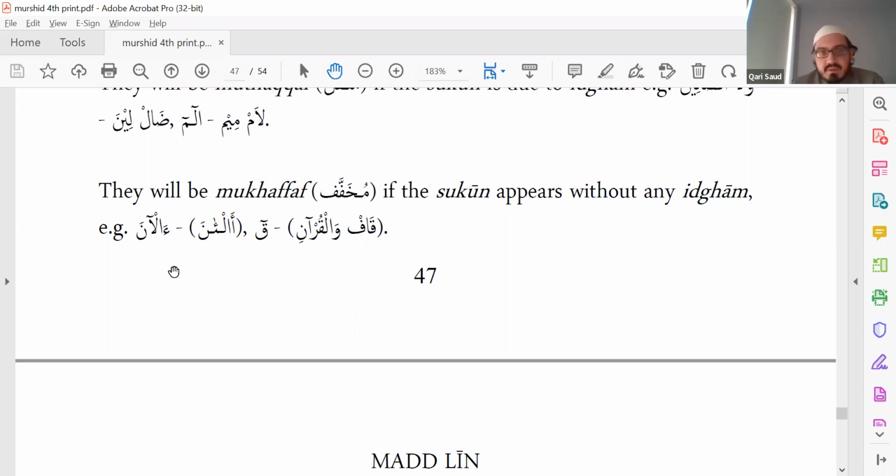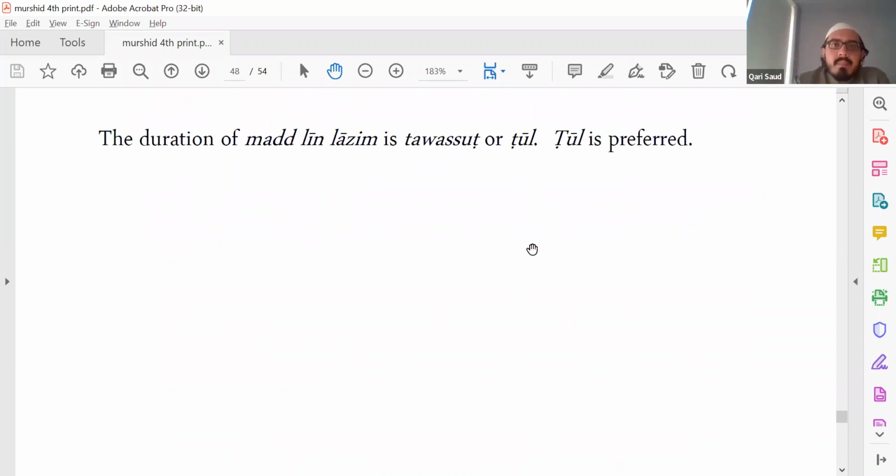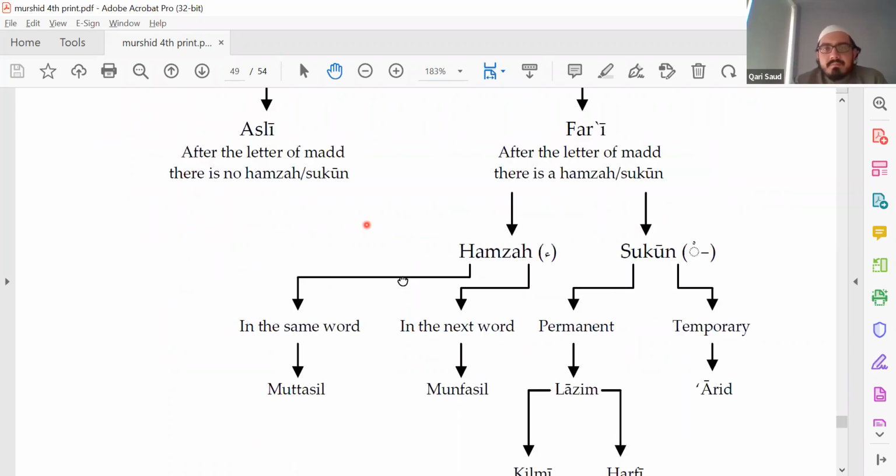But here there's an alif after it. Okay. So the question is, I guess what you're asking is why is it not al-ana, which means al-an, now? Because it's a question, right? So there's a hamza before it. This hamza comes for a question. So hamza plus al-ana. Does that make sense? Yeah, I guess for those who know Arabic, it would make sense. But if you don't understand it, that's fine. Don't worry about it.